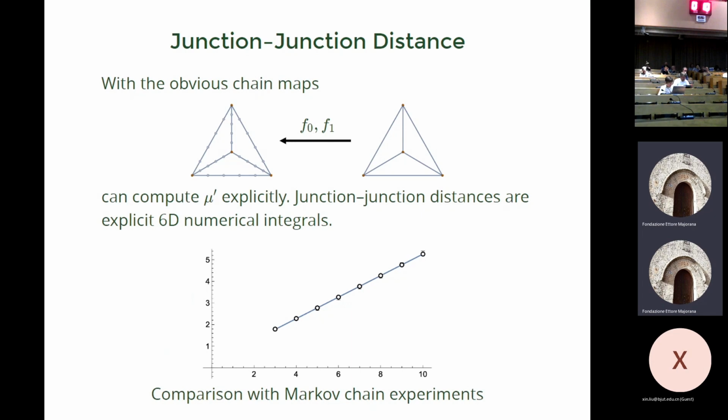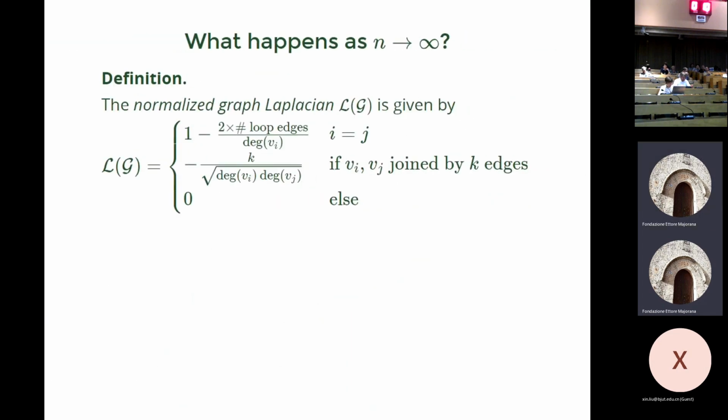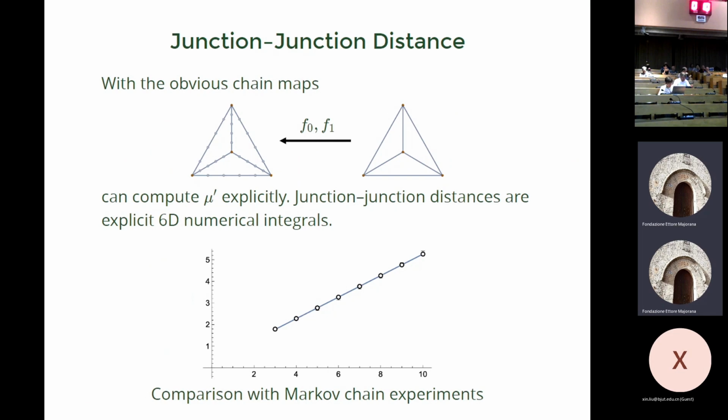Well, this is a comparison of the numerical integration with a Markov chain experiment. There are error bars on this Markov chain experiment, but they're very small. And you can see that there's basically a perfect match. Incidentally, this also confirmed that this Markov chain was a good Markov chain in this setting because it gives you the right answers. All right. So this is something I'm very proud of, that you could actually compute this freely jointed network expected junction distance very exactly.